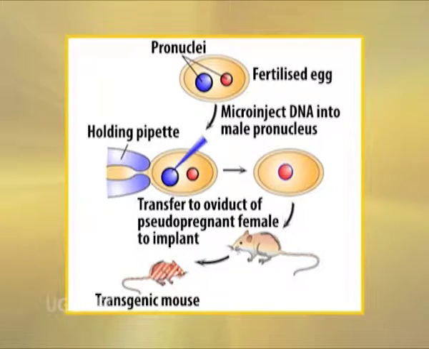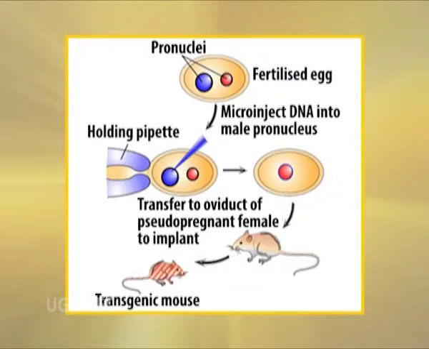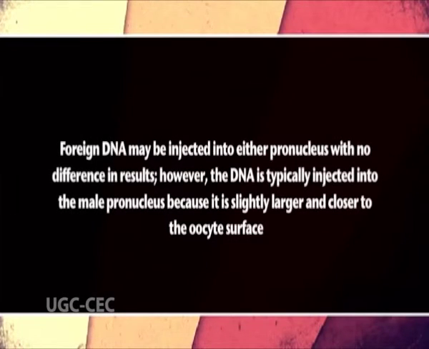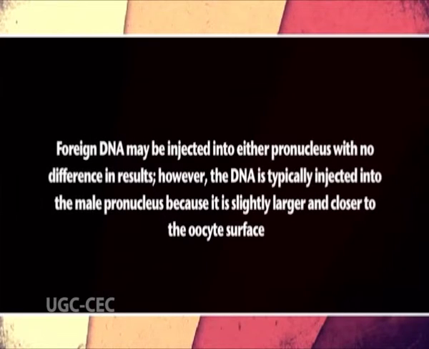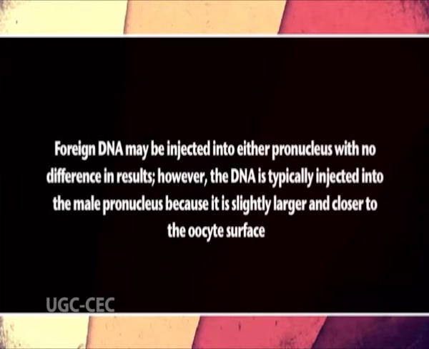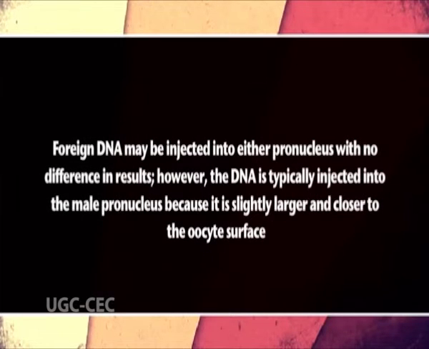every cell. For several hours following the entry of sperm into the oocyte, the male and the female pronuclei can still be seen individually under the light microscope, and they have not fused yet into a so-called zygote. The foreign DNA may be injected into either pronucleus with no difference in results. However, the DNA is typically injected into the male pronucleus because it is slightly larger and closer to the oocyte